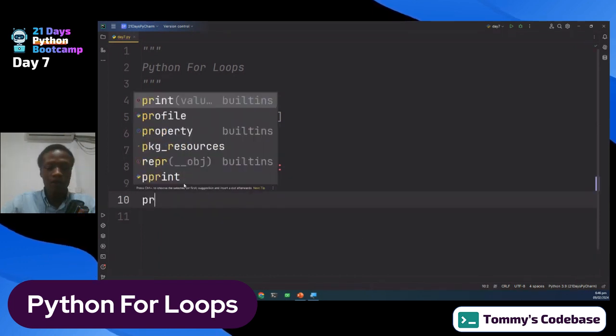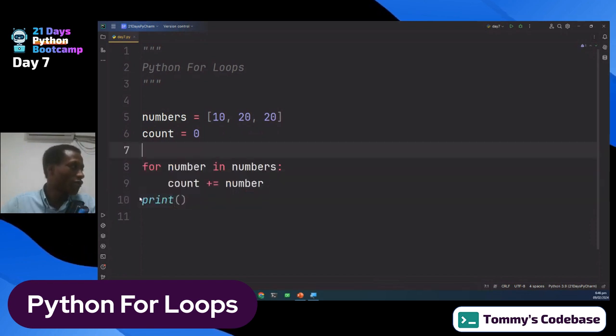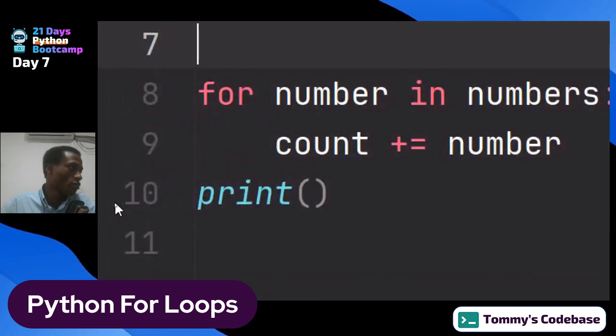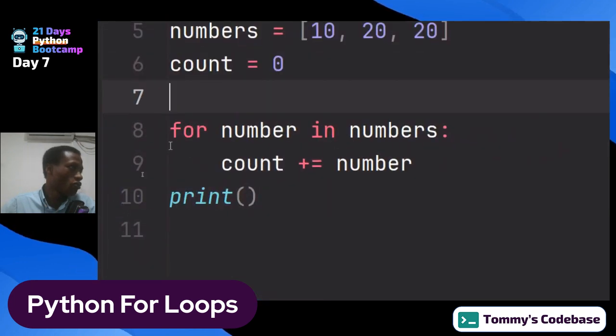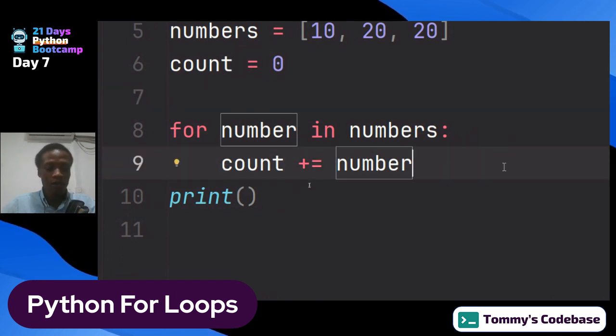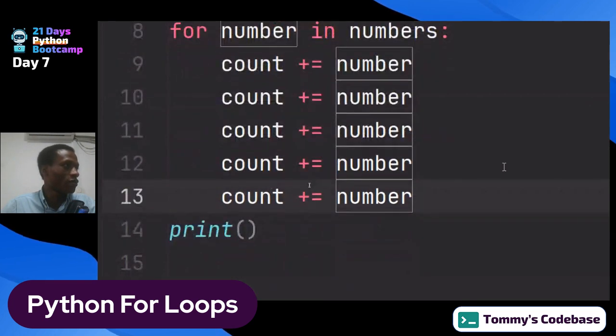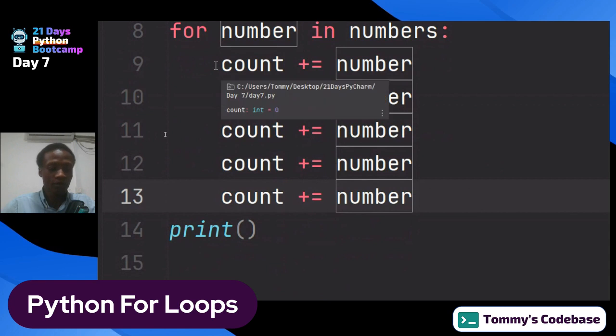And then at the end of it, after the loop is done, I'll exit the loop. Now I've exited the loop at line 10. I'm no longer in the loop. All the code or the logic under the loop are indented. So if I had another line, let me just duplicate this one one more time. If I had other lines like this, these from 9